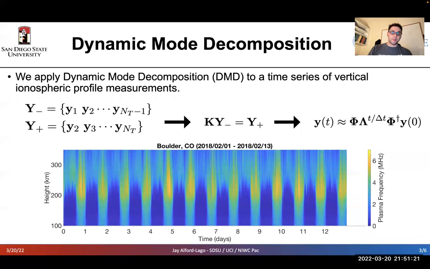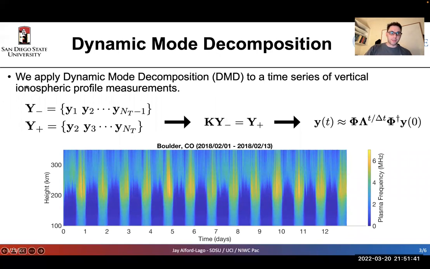Our approach then is to look at purely data-driven methods. And in this case, we're looking at something called dynamic mode decomposition, or DMD. And the idea behind DMD is that if you have a system that you wish to model, you can just start measuring the system. And you build up a time series of these snapshots of the system,